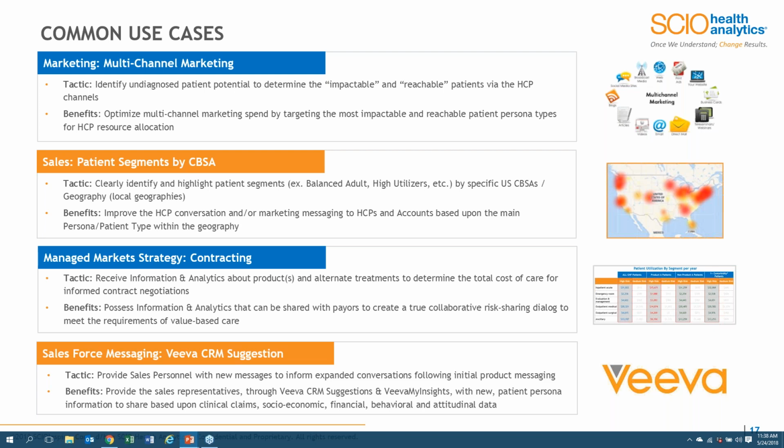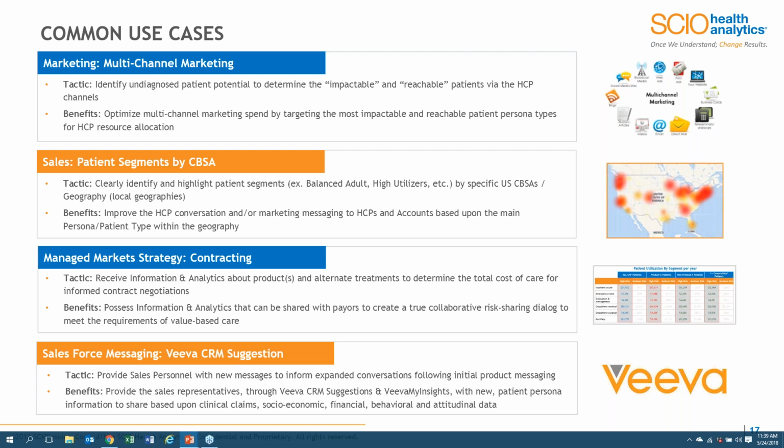Contracting around managed market strategy, again, it puts the alignment of our clients in life sciences, the strategist on the managed market side, and that payer, that Blue Cross Blue Shield of Tennessee or Michigan, in agreement and alignment on who is the most at-risk population, where are they, where are more like them potentially, how do we address that situation, and how do we measure it? And it's really that simple. It's complicated, but it is that simple when you look at it on the first year.